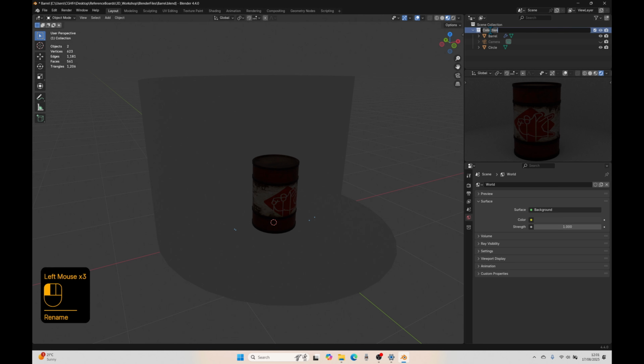So I'm going to click on collection. I'm going to call that asset, and that's going to be for our barrel. I'm going to click on scene collection, add another one, add another one. So we've got two new collections. This one, we'll call it 3-point light setup. You can call it whatever you want. And